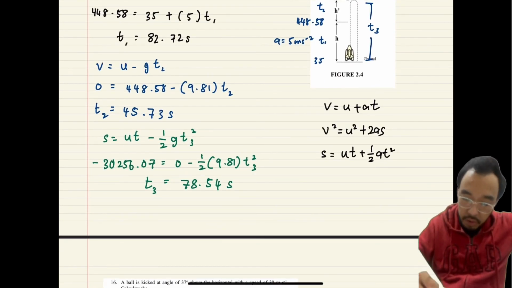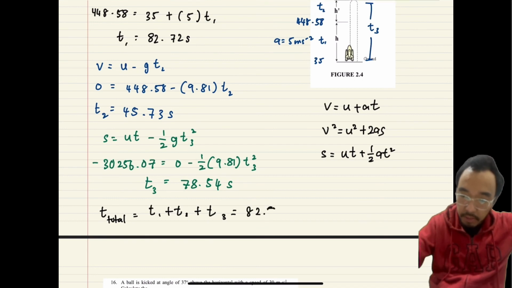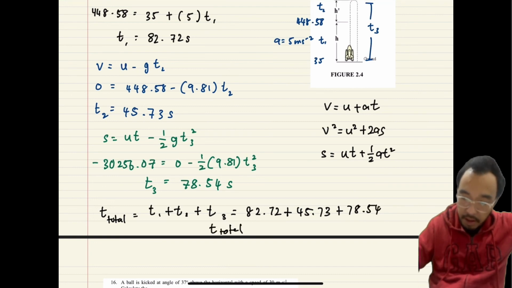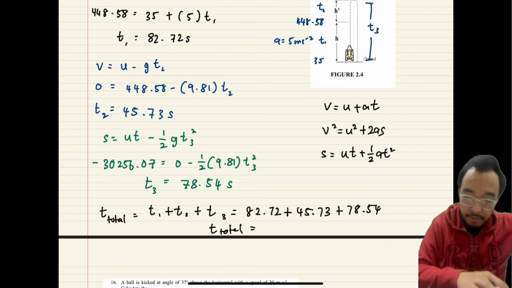So the total, I just put a total here, equals t1 plus t2 plus t3, which is equal to 82.72 plus 45.73 plus 78.54. So the total here will be